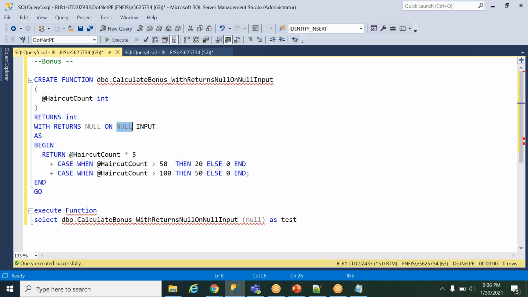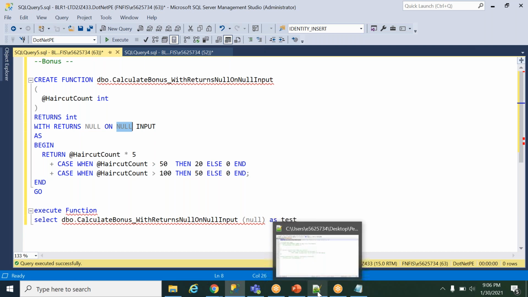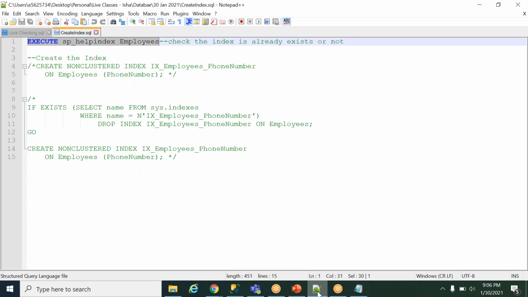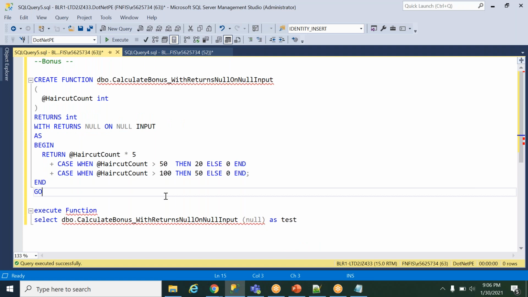Directly, it will return null value to me. Got it? Any confusion? So you're trying to handle any null value input there. Yeah, if I'm passing any null value into the function, what will happen?